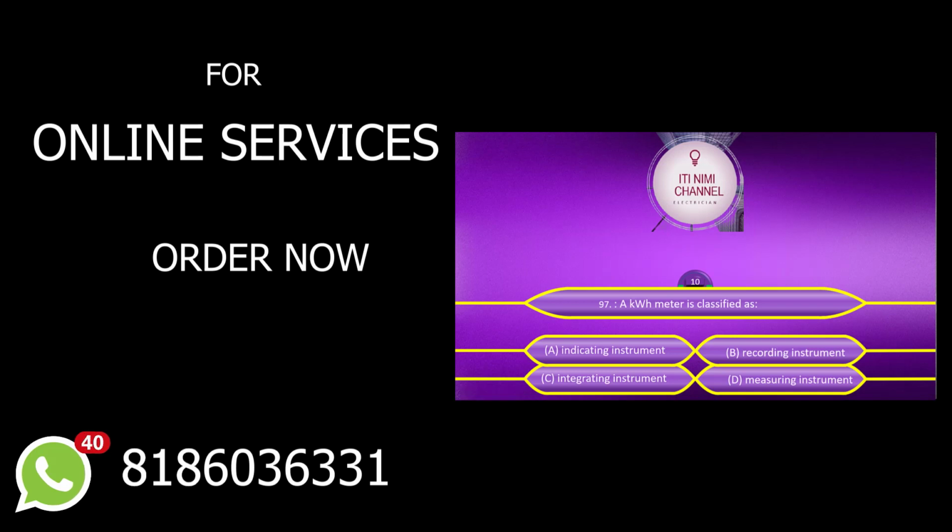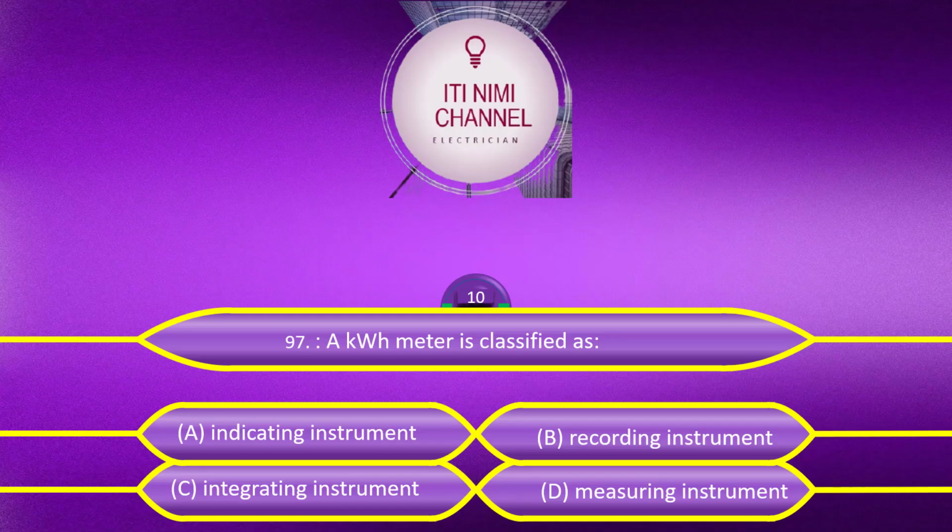A kilowatt hour meter is classified as option A, indicating instrument, option B, recording instrument, option C, integrating instrument, option D, measuring instrument. The answer is